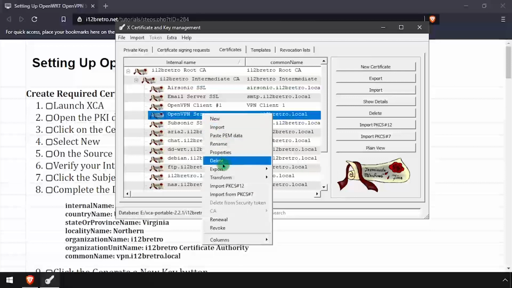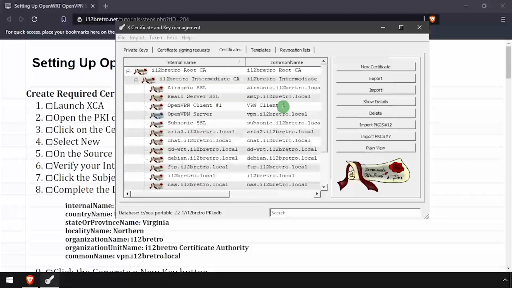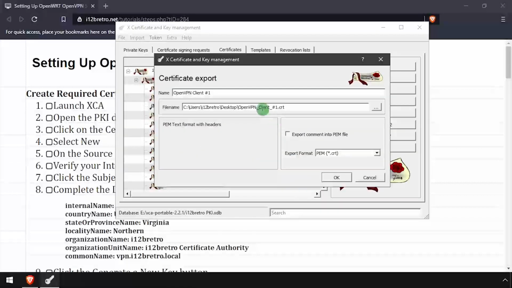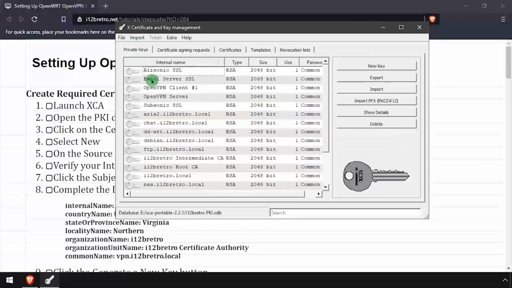Next, we'll follow the same steps to export the OpenVPN server certificate. This time leaving the export format as PEM and the file name as server.crt. Follow the same steps again to export the client certificate, leaving the export format as PEM and setting the file name to client1.crt. With all the certificates exported, navigate to the Private Keys tab, then right-click on the OpenVPN server